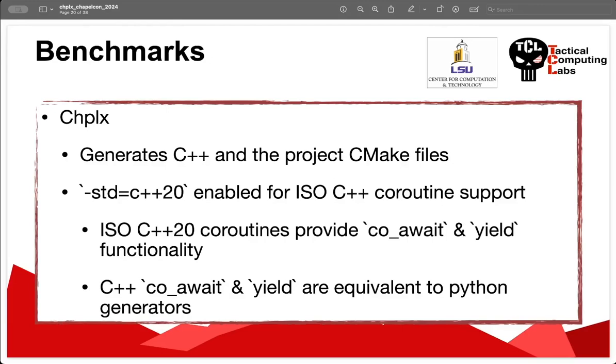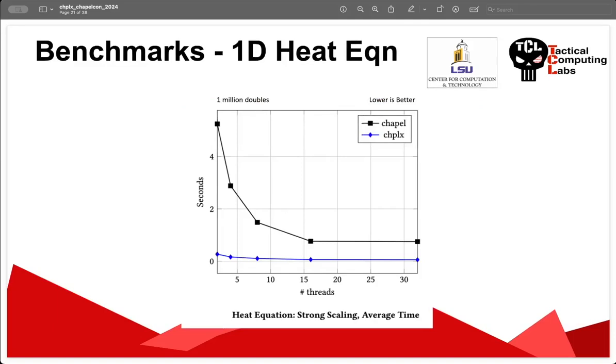ChapelX generates C++ and the project CMake files, which is great. We turn on C++20 support so we can get access to coroutines because that's what our library uses. Coroutines give us co-await and yield functionality, which is equivalent to a Python generator function or a Python generator expression. Here's our heat equation code. It's performed over 1 million double precision numbers. Lower is better, and as you can see, ChapelX performs very well